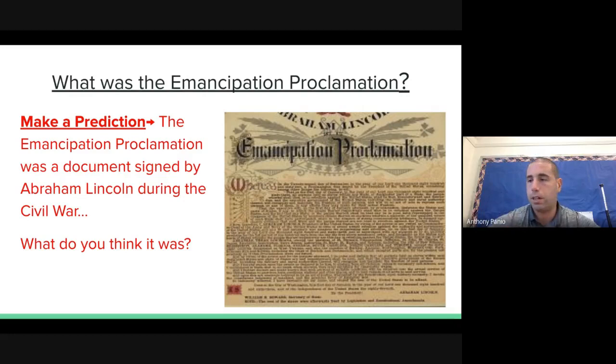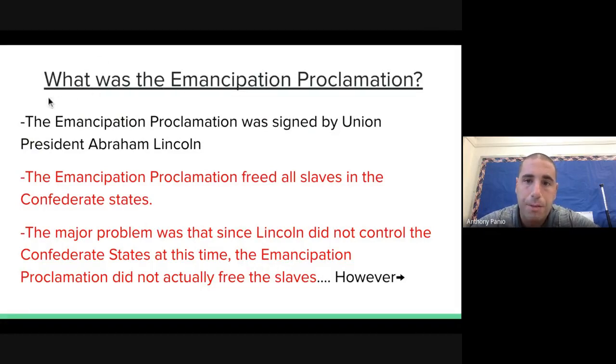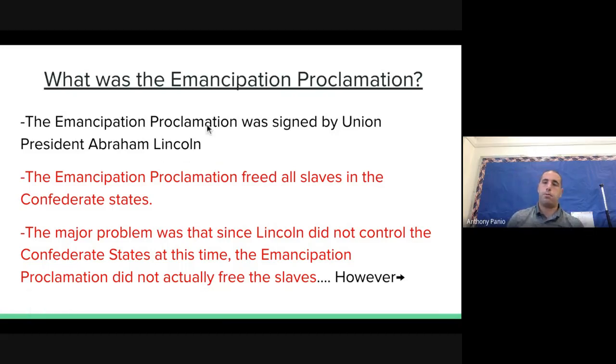Okay? So we're going to continue our notes here. All right? And we have this one slide to copy down. If you're doing Cornell notes, on the left, you could write, what was the Emancipation Proclamation. On the right, you're going to write down the notes that go alongside it. You don't have to copy down what's in black. Just please copy down what's in red. Let's try and break down what this document was. All right? So I'm going to give everyone just 30 seconds without me talking so you can listen, so you can copy this down, and then I'll start talking over it.